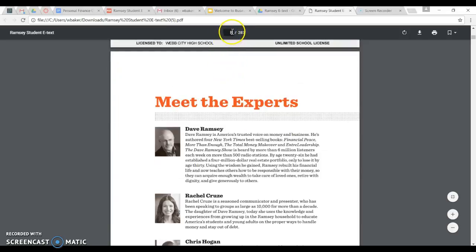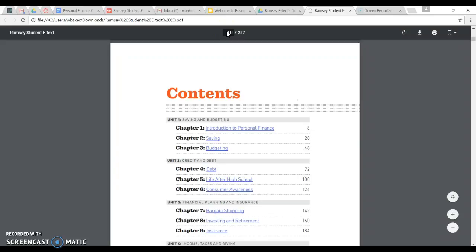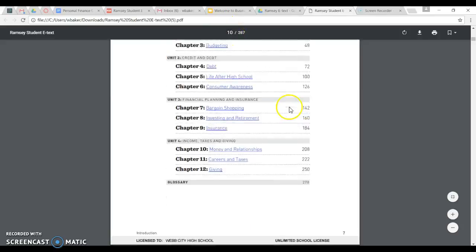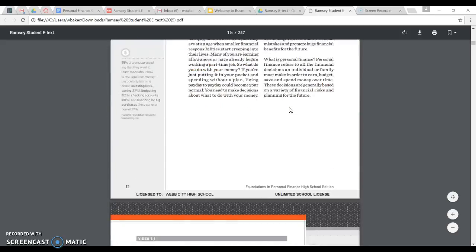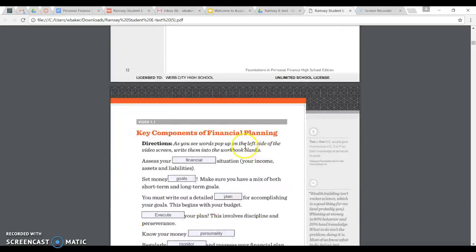And just so you know, a faster way to get there: the page numbers don't match up exactly. If I tell my students to go to page 10, and we type page 10 up here, it's not going to take us to the actual page 10, but you can get to different pages faster by typing a number. So the further you get in this eText, you don't want to have to scroll forever because it'll take a really long time to get to, like, chapter 5, for example. Okay, so